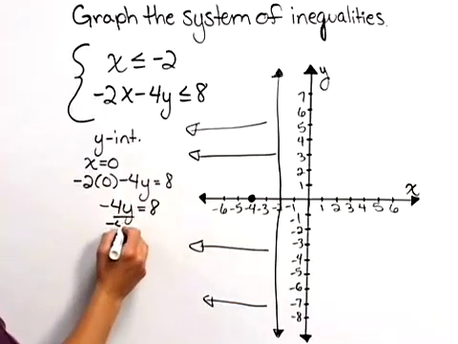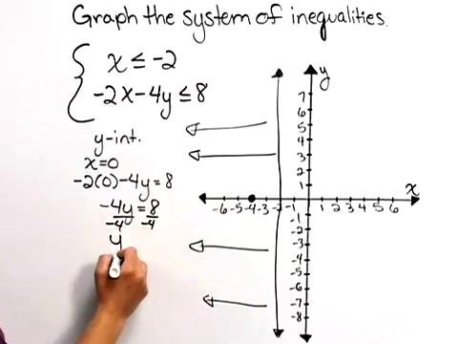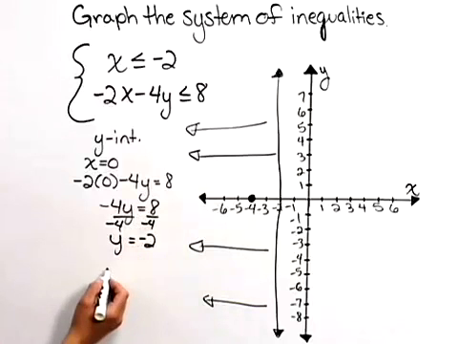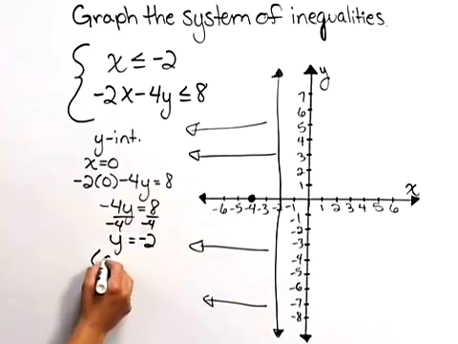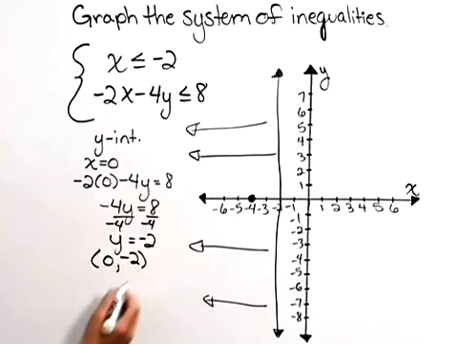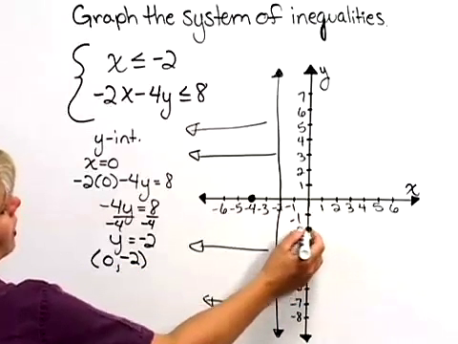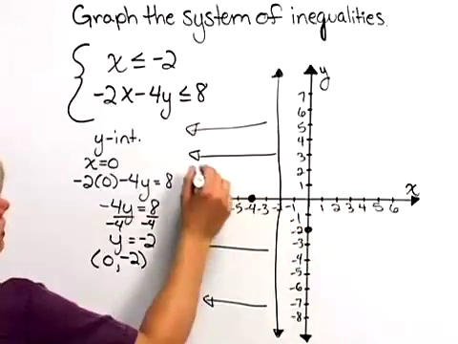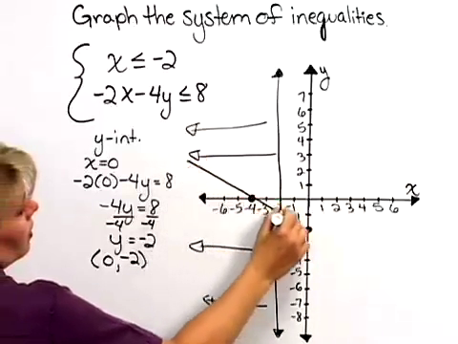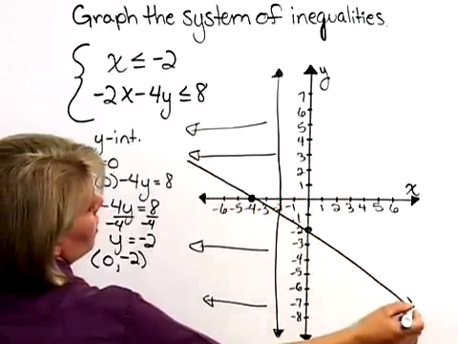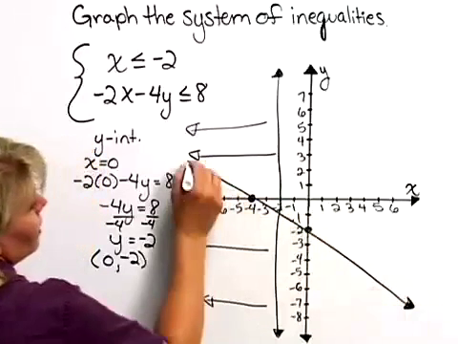And then divide by -4, so y equals -2. That's a y-intercept of (0, -2). Let's plot that. That's right here. If we connect these 2 points with a solid line, we get our line for our second inequality landing right